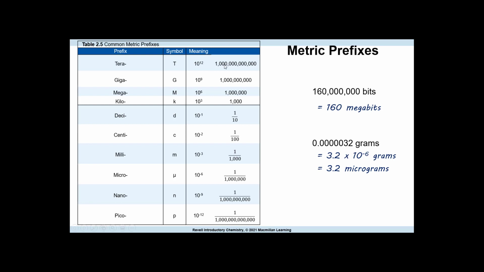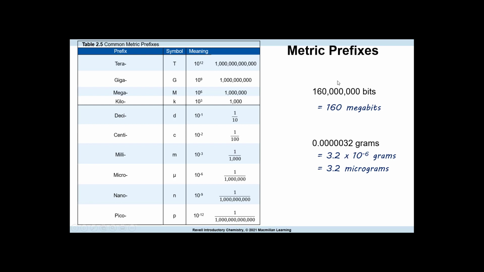I want to point out how the metric prefixes work. So your book talked about a wireless network that transmits data at 160 million bits per second. So that would be this very large number. Again, this would be something very difficult to write over and over again. Yes, you could use scientific notation, but you can also use a metric prefix. And it just makes the number written smaller. These are equivalent to the same thing. You're just writing it out to not have such a large number, but the prefix indicates that it's this exactly.